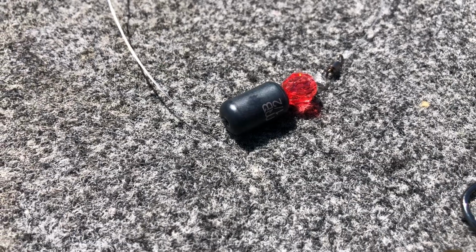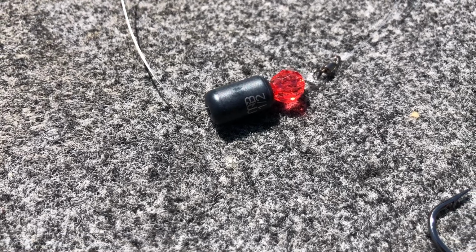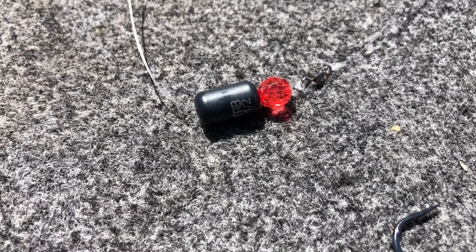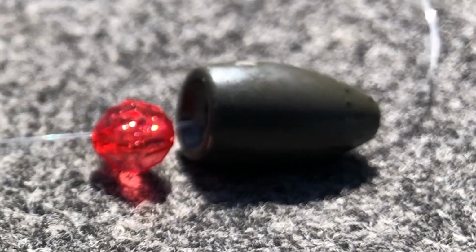Now, when I am fishing in shallow water, I'm simply going to downsize the weight that I use to something like a 1/4 ounce or a 3/8 ounce or maybe even a 1/2 ounce. But if I am fishing that bait offshore, say I'm fishing it in 10, 15, or 20 feet of water, that's typically when I'm going to step up to that 1 ounce weight that really allows me to cover a lot of water very quickly. Now, speaking of fishing that 1 ounce weight, that actually brings me to mistake number 2,